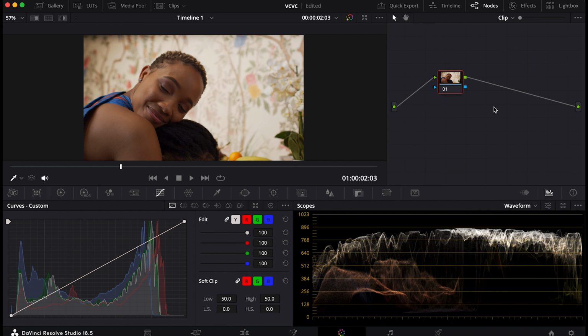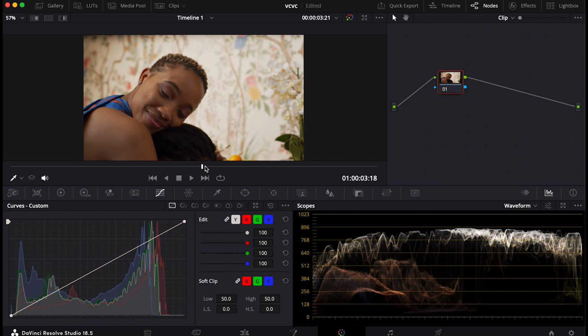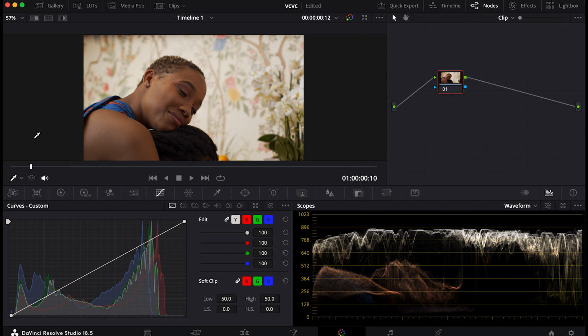Today we are going to talk about the custom curves in DaVinci Resolve. Yes, the custom curves. So what does the custom curve do, or how can we use the custom curve? And don't forget that all we've been doing is just processes to learn how to color grade properly. At the end of this course, we are going to merge everything together and come up with a very nice